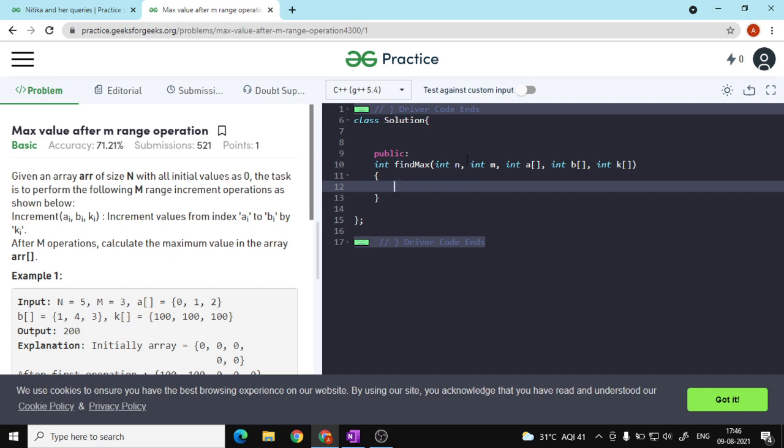So here, this n is the size of the array, m is the number of queries, a is the given array, and a, b and k describe each query. a_i is the left limit of the query, b_i is the right limit of the query, and k is the update we have to make. Okay, so first we have to declare an array of size